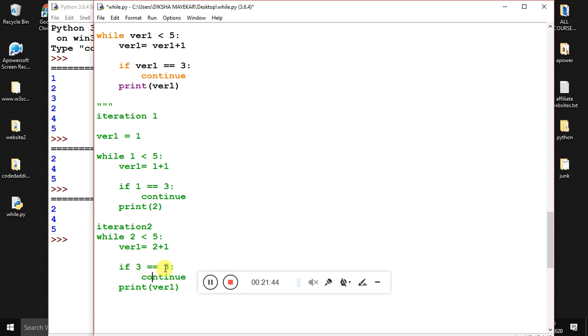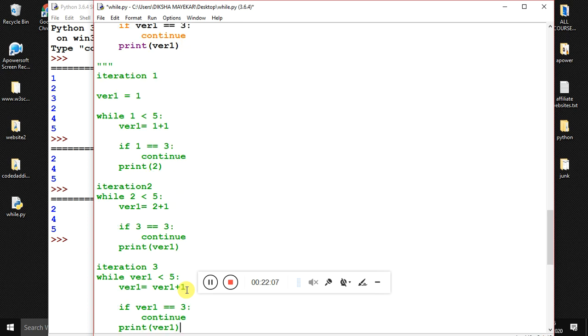So when 3 is exactly equal to 3, this condition got executed, and because of which it will ignore all the statements of the code beneath it, and because of which we didn't get the output of 3. For the next iteration, iteration 3,